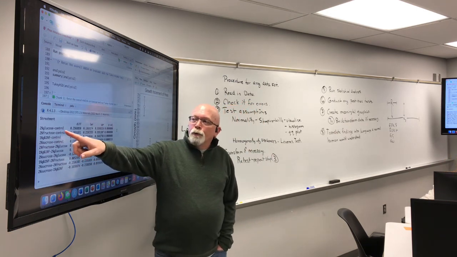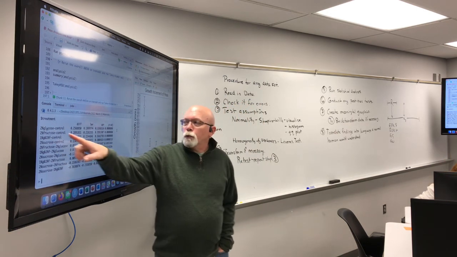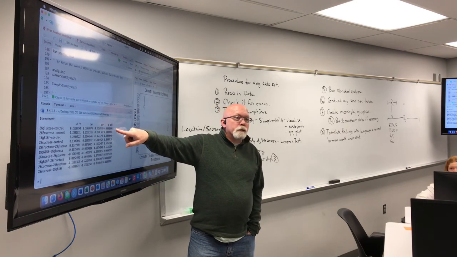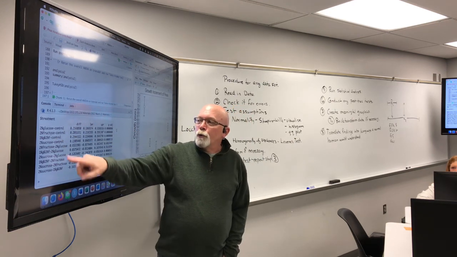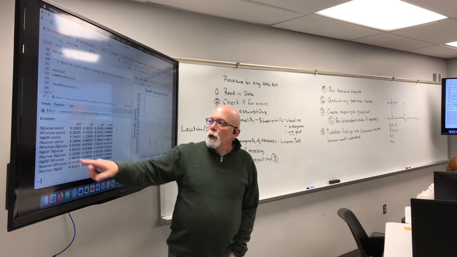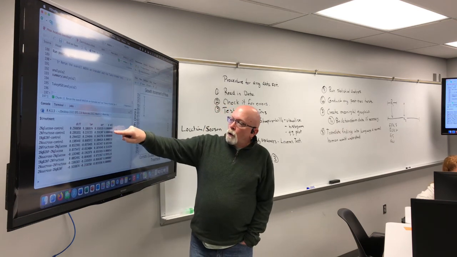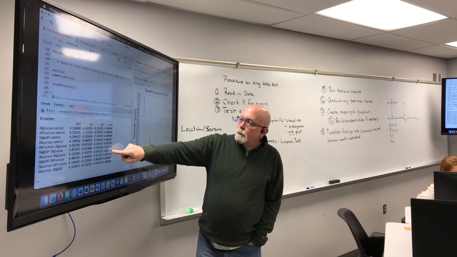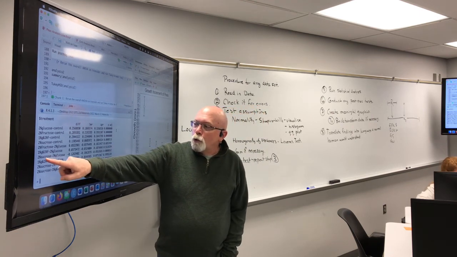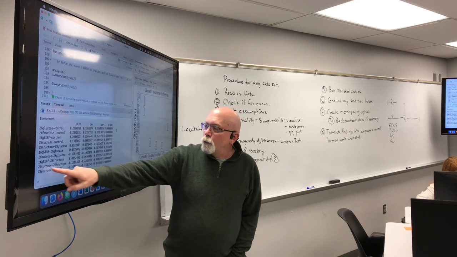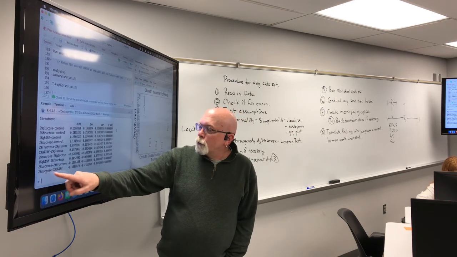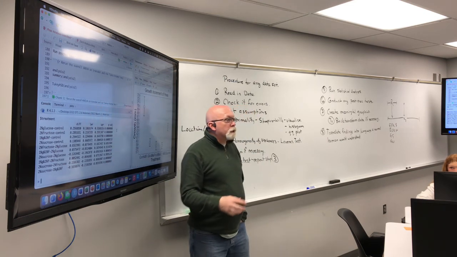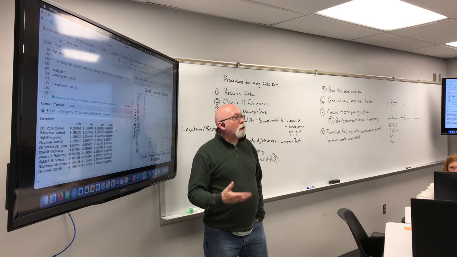It basically says if you're looking at control versus 2% glucose, it's different. Why is it different? Well, because the p-value is way less than 0.05. Control is different from fructose. Control is different from the 1-to-1 mixture. Control is different from sucrose, because all of those p-values are below 0.05. The next ones below 0.05 are sucrose versus glucose, sucrose versus fructose, and sucrose versus the 1-to-1 mixture. All the rest of those comparisons are not different,